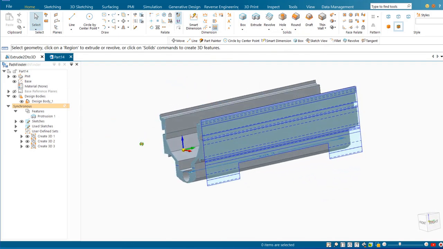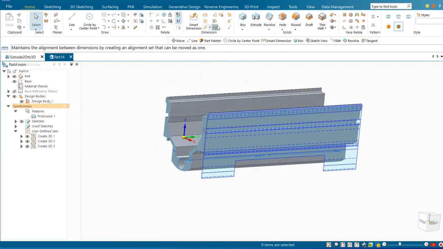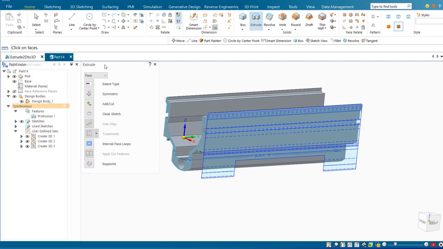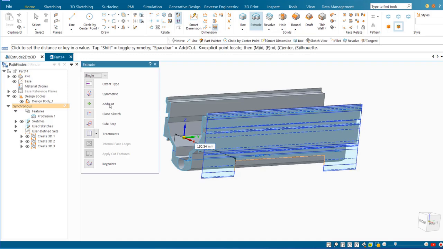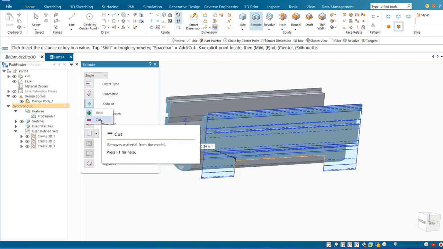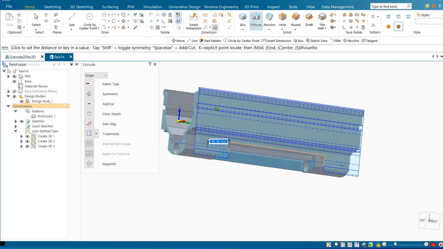Now I'll come down and look at this side profile. It looks like I need to cut something out here. I'll hit Extrude. And I'm just going to use single lines right here. I want this top line, side line, like an open profile. I'm going to say just cut that away, yes, in that direction, and I want to cut. So I'll just push that through,